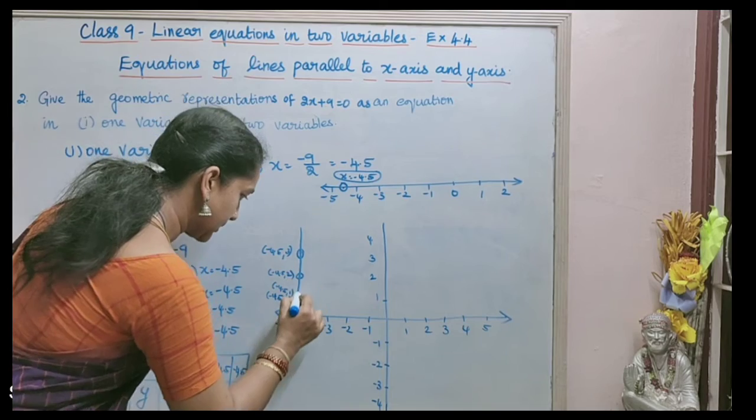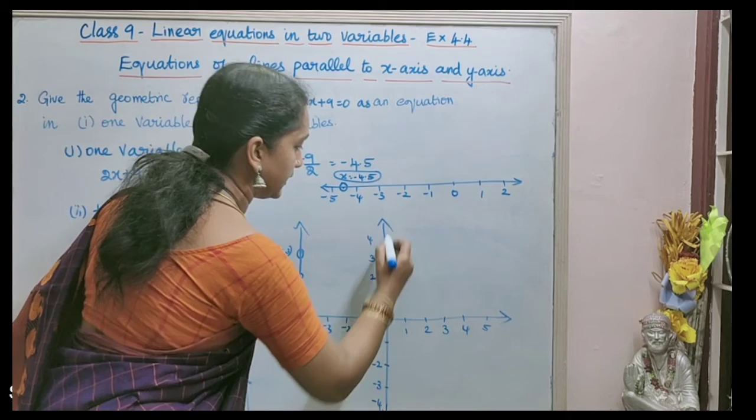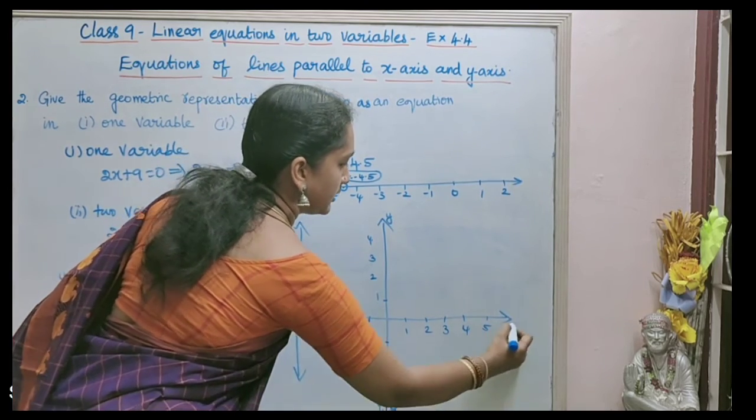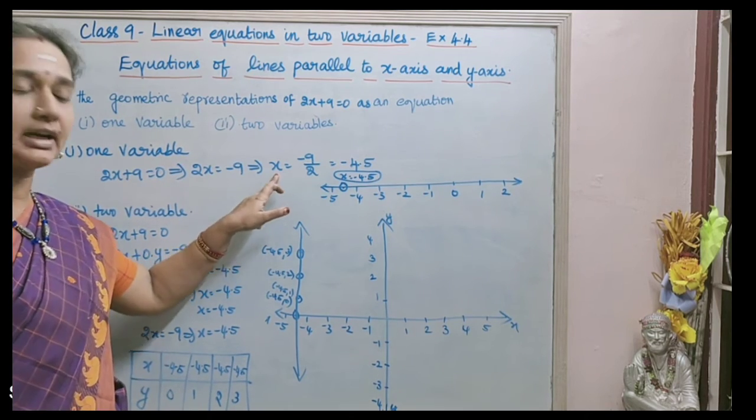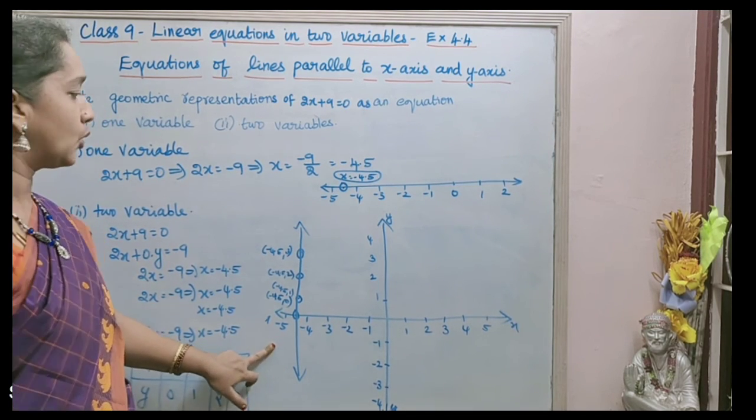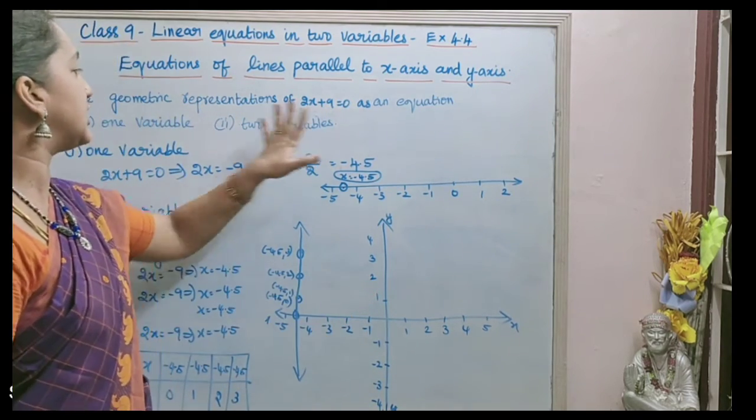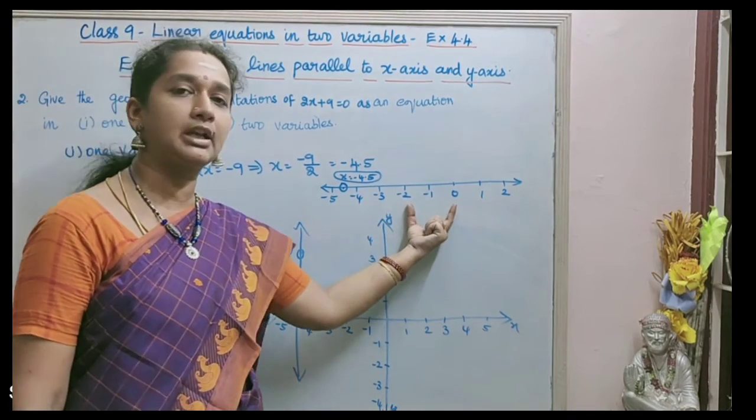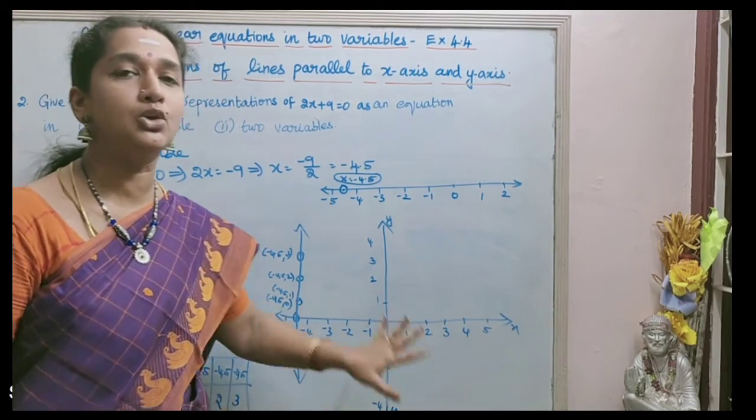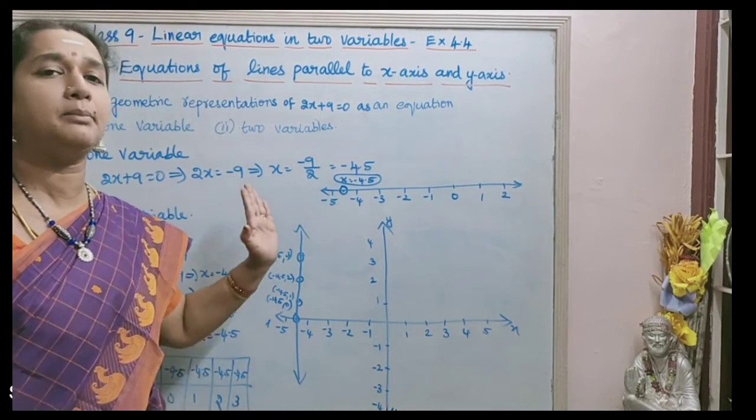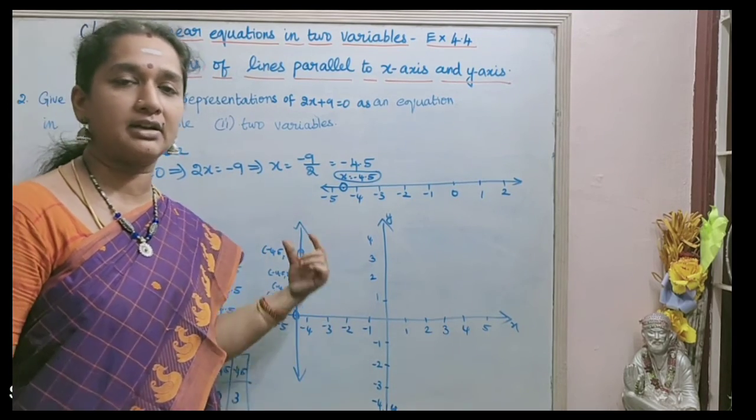So, when we join this, it will be parallel to y-axis. So, if x value is given, that will be parallel to y-axis. Okay, so this is how it has to be done. So, we have represented geometrically the given equation in one variable. This is the geometrical representation of the given equation in one variable. This is in two variables. So, in two variables, we will get a parallel line. Whatever question is given, accordingly, we will get a parallel straight line